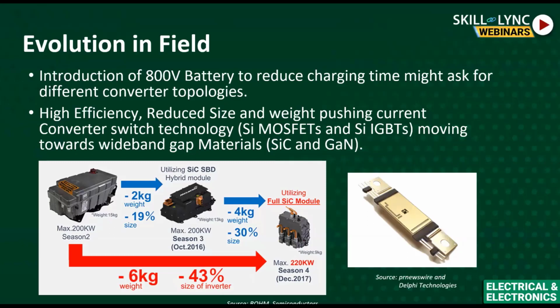There are some drawbacks that we generally hear about. If you are using a 400 volt battery pack, the cable has to be bigger in size, along with the insulation around the cable, which has some limitations. Whereas using an 800 volt battery might considerably reduce the cable size, and it might reduce the charging time as well. So this is the future.